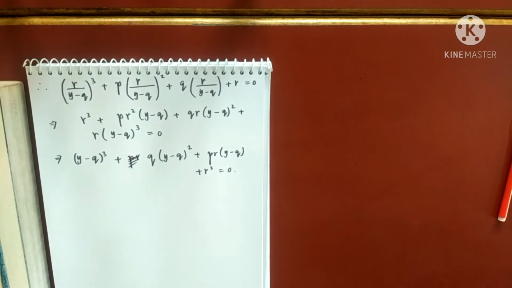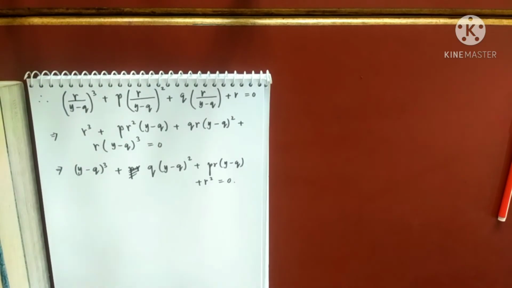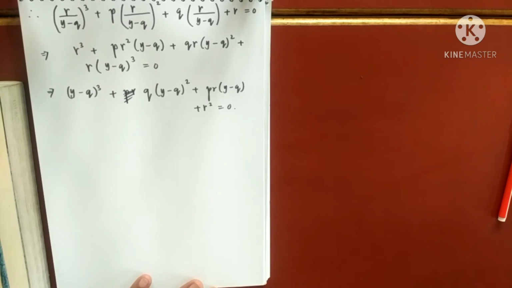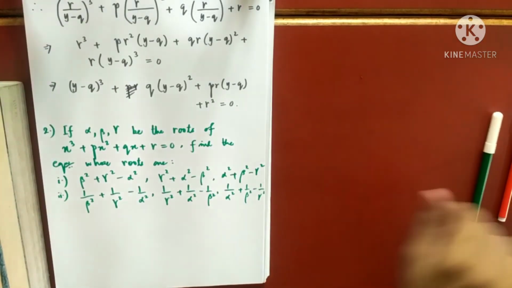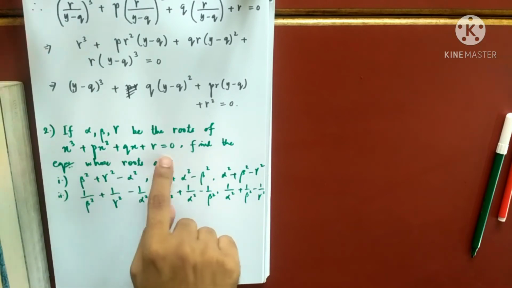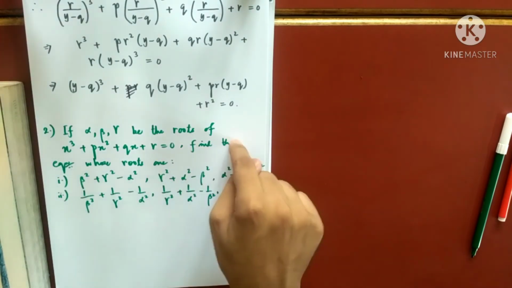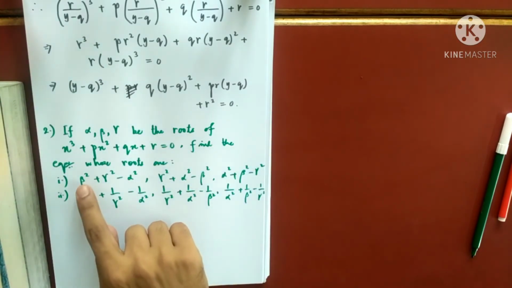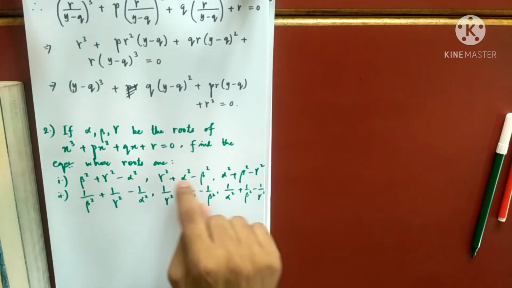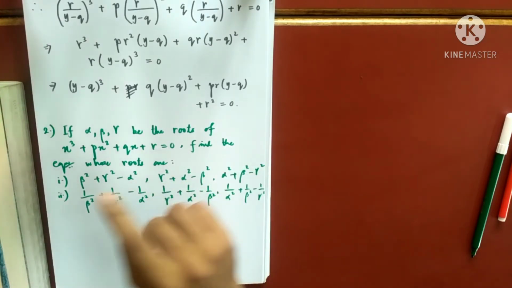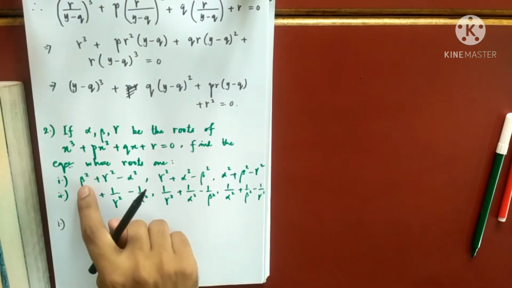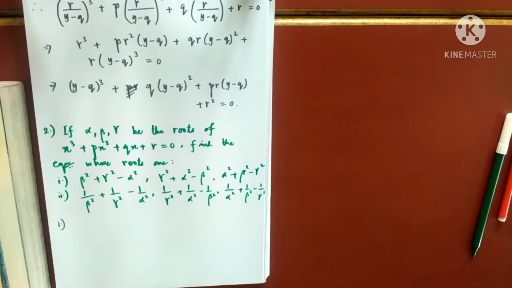Let me do a similar kind of question, one more for today. So just copy it up to here. If you have any doubts, you may ask. So here is another question. If alpha, beta, gamma are the roots of this equation, this is given to you. First read the first question. Find the equation whose roots are beta square plus gamma square minus alpha square, and the other two similar expressions. So you just focus on question number 1. You have to first find an equation whose roots are these three. Forget about number 2 for the timing.